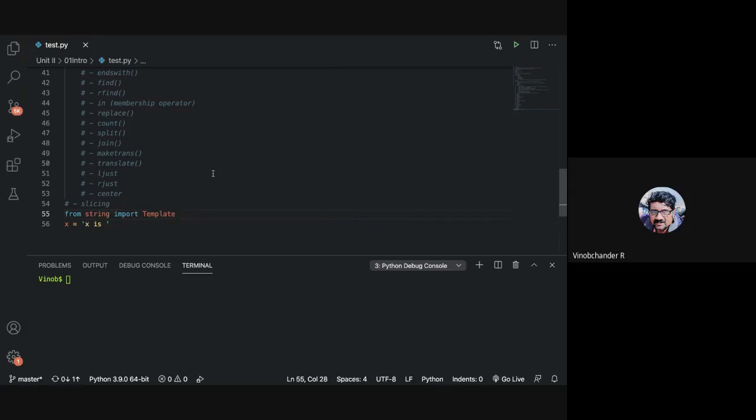Let us have a string, say x is $x and y is $y. Now, rather than making use of the placeholder like in format and f strings, we make use of the placeholder using the dollar symbol. So these are your placeholders.